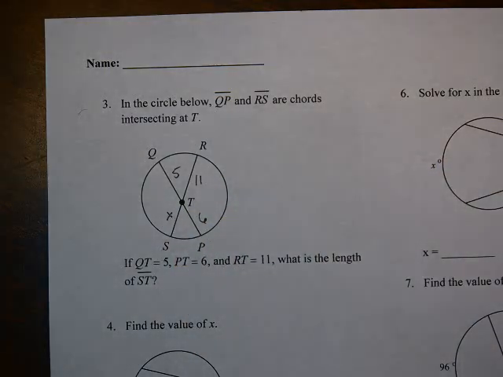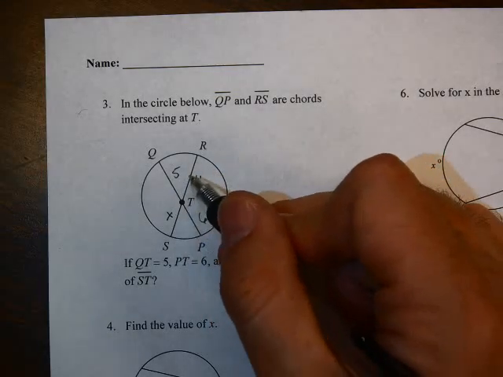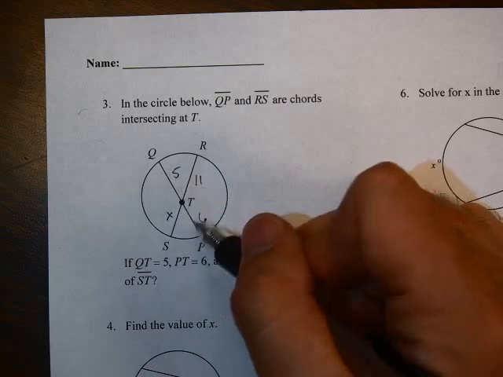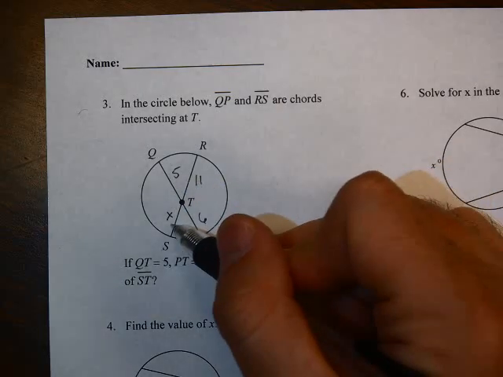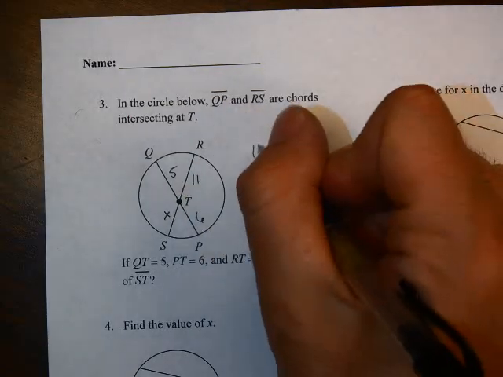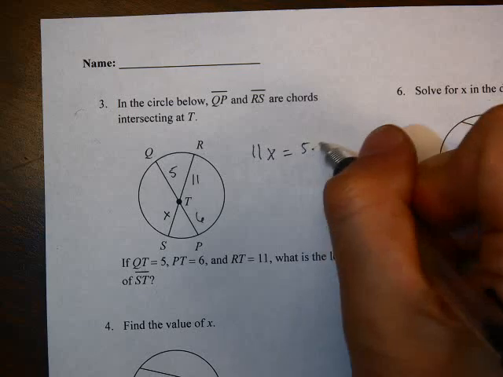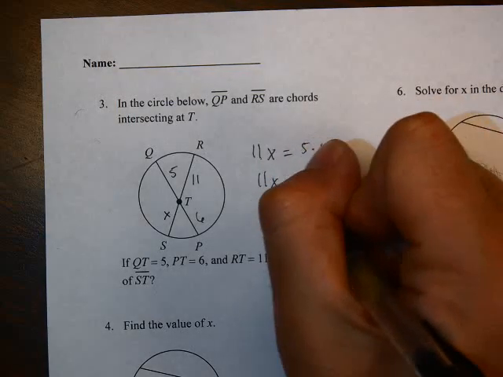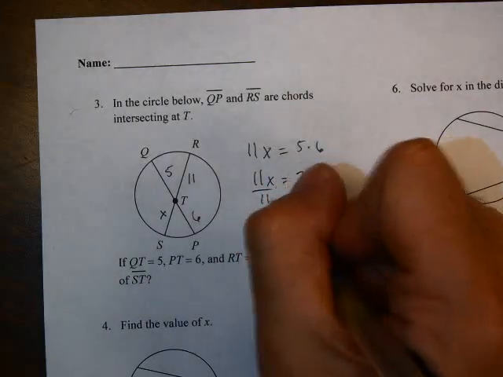And since these are segment lengths with the chords intersecting, all we're doing is multiplying each set of the chords, the pieces that the chords are broken into. So the 11 is going to multiply with the X, 11 times X. The 5 is going to multiply with 6, which gives you 30. Divide by 11,